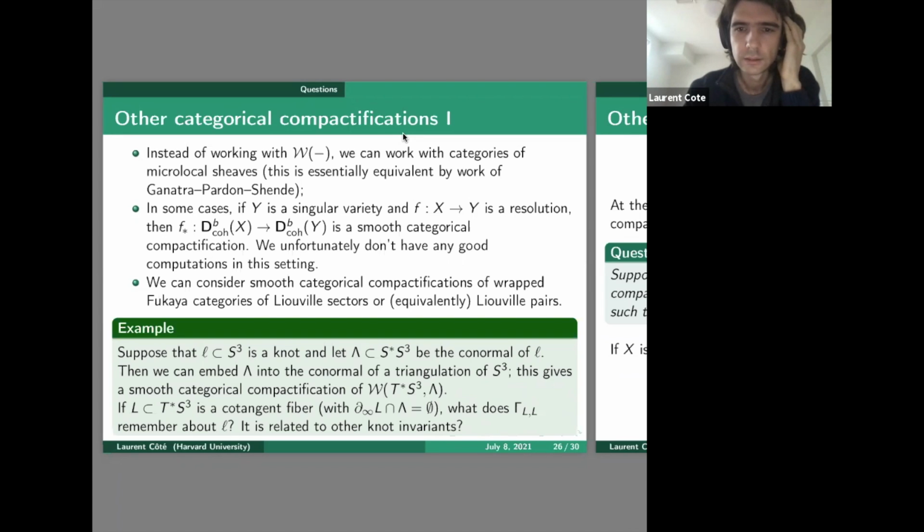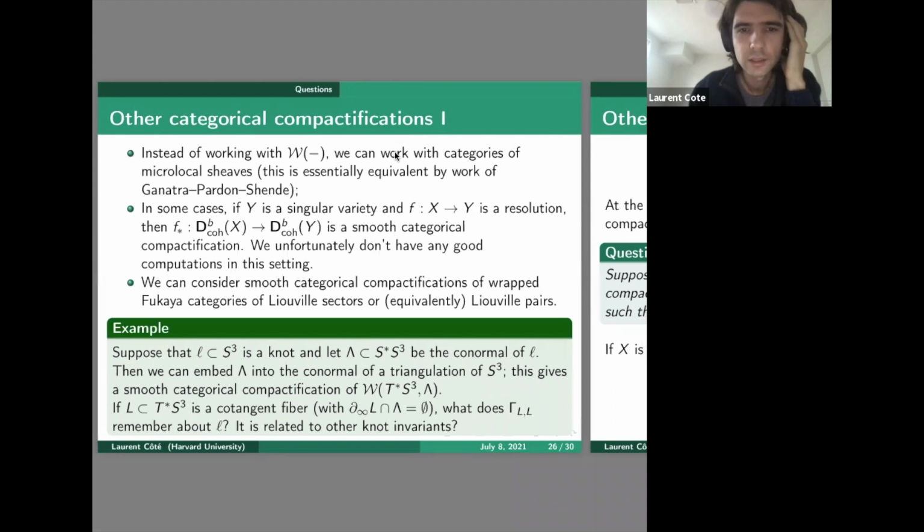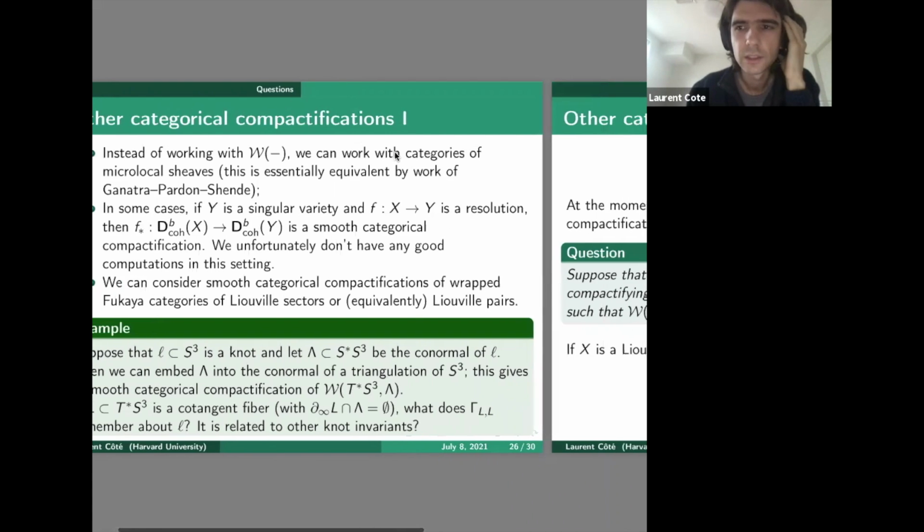And so then you can ask, what does the growth rate of, for instance, a cotangent fiber know about L? And is this related to other knot invariants? And I don't really know. However, I want to emphasize that when trying to develop a theory for Liouville pairs or for Liouville sectors, one